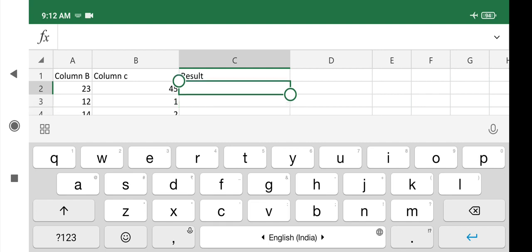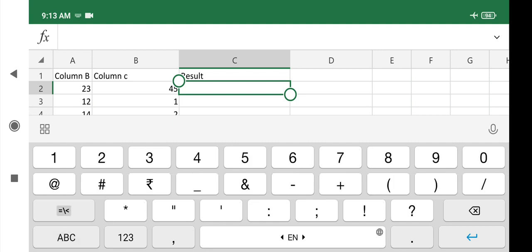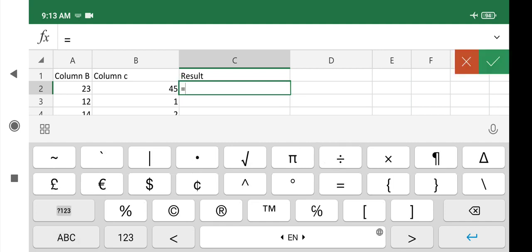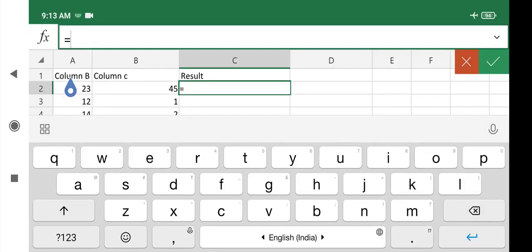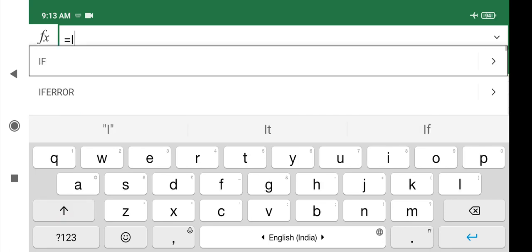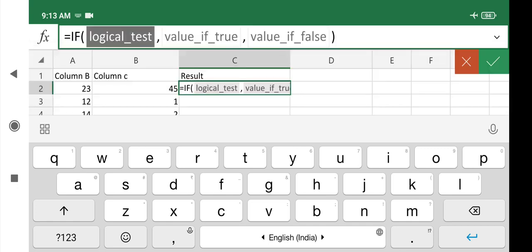Now we're going to start with the formulation part. To do the formulation, first of all we need to put the equal to sign, that is mandatory, then tick mark on it. Then you have to check which one is the bigger one. For that reason we have to write an IF condition check. If I write I, then automatically the IF operator comes with its syntax. Logical test means the condition you have to give, then comma, that is the true statement, then comma, the false statement. Automatically it's showing you how to write it down.